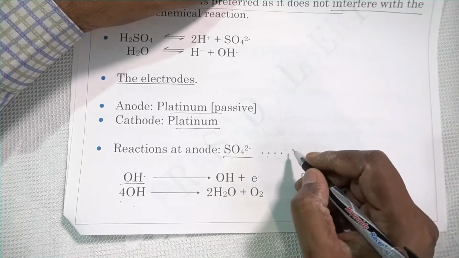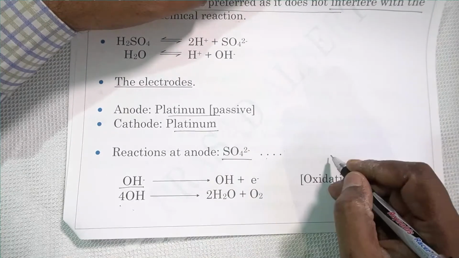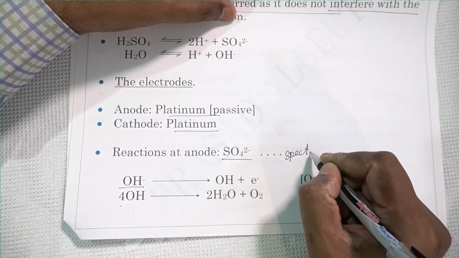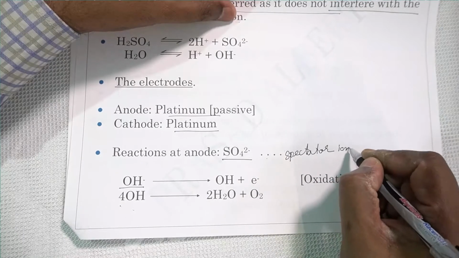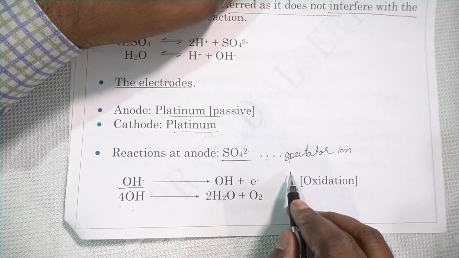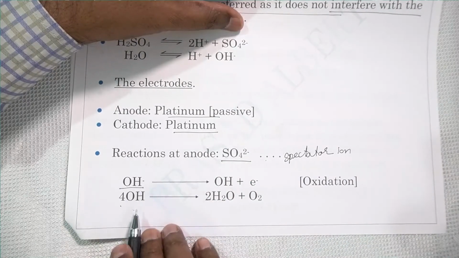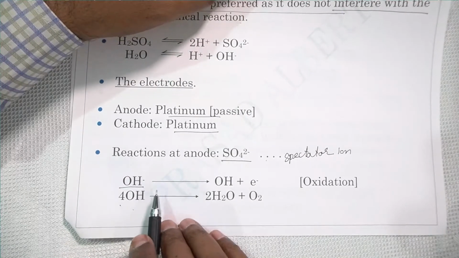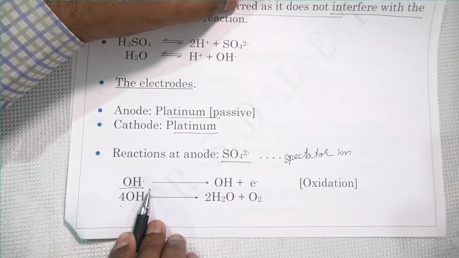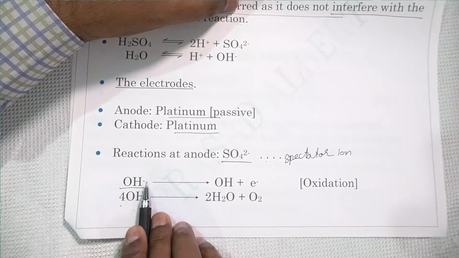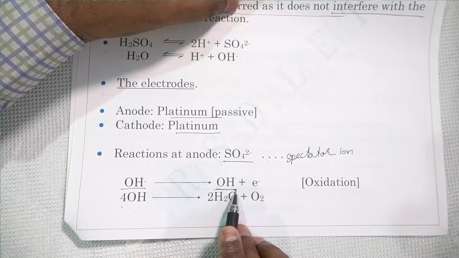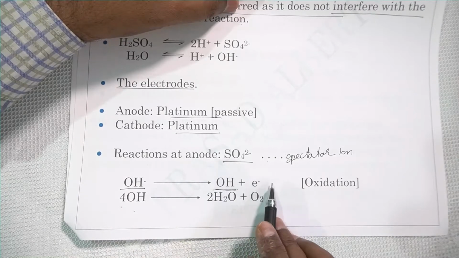Now the sulfate ion here, as we have seen, is very high in the electrochemical series, so it does not get discharged. So it is called a spectator ion. A spectator ion is an ion which goes to the electrode but does not get discharged. It comes to the anode but does not get discharged. Now the hydroxyl ion is the lowest in position among the anions. So when both sulfate ions and hydroxyl ions are present, it is preferentially the hydroxyl ion which gets discharged. The hydroxyl ion is an anion which has an excess electron, so it gives out its electron, forming a neutral hydroxyl group. An OH group is formed and a free electron is produced.